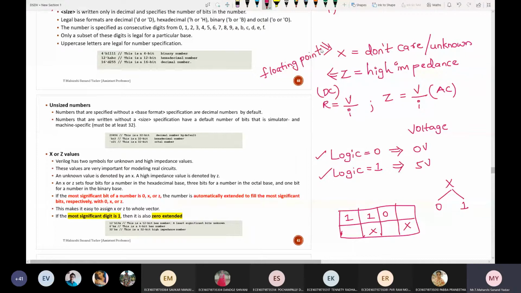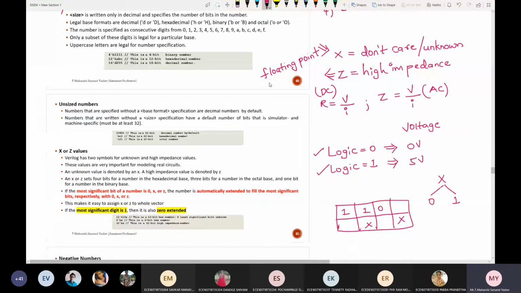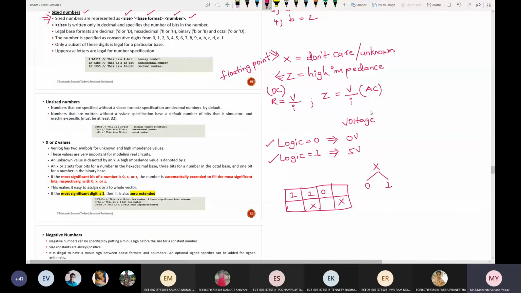Floating means, suppose I take one CMOS inverter as an example. What is an inverter? An inverter is nothing but a NOT gate. The same thing, but I'm representing it using NMOS and PMOS. CMOS is a combination of NMOS and PMOS.